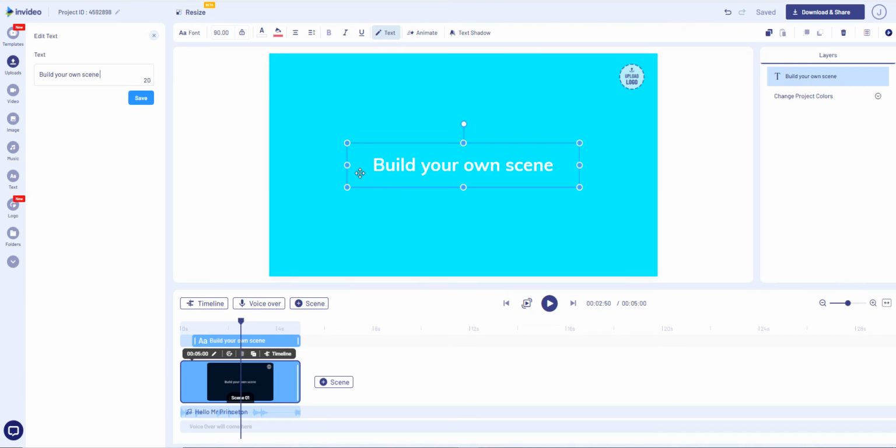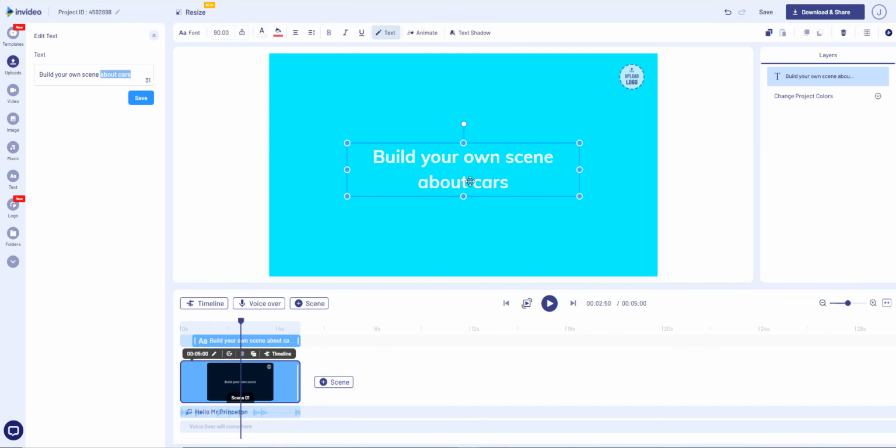Build your own scene about cars. Oh, and of course I've got my caps lock on, so we'll just knock the caps lock off, about cars, and it's as easy as that. So as I say, you can edit here or you can edit up here, and if you want to highlight, it's dead simple. Double click on the word or drag it over the words, click highlight,